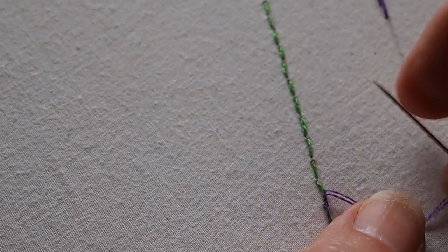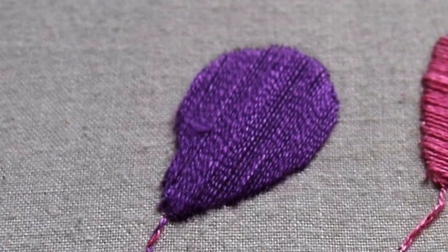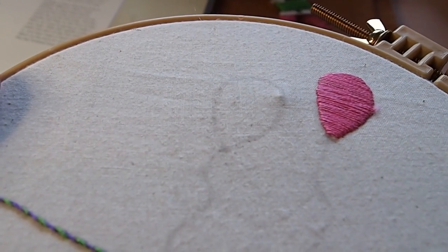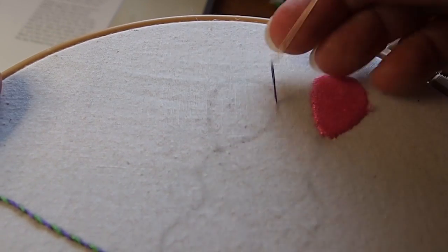You can do it from left to right if that's more comfortable, I suppose, or if you're left-handed, as long as you get the same effect, the running whip stitch. And I've used a contrasting thread to show that more. Okay, so now the next one is